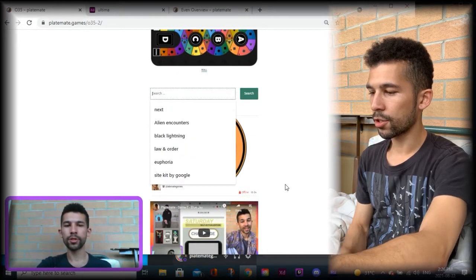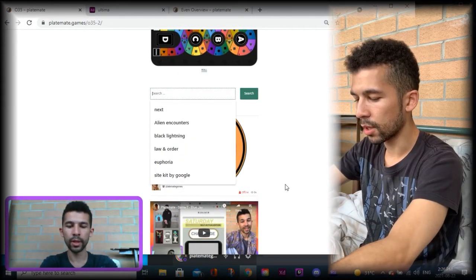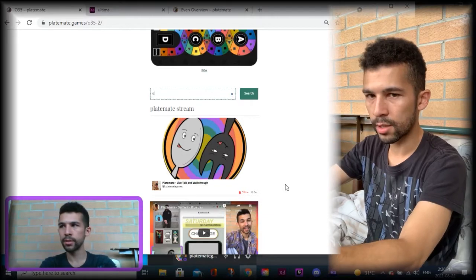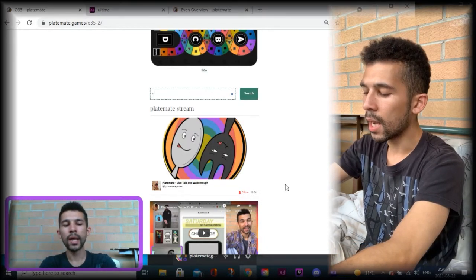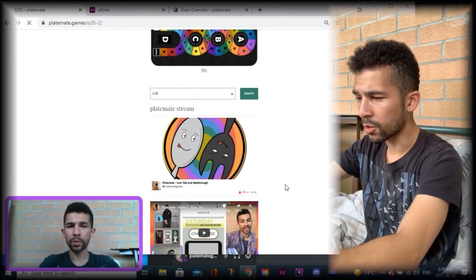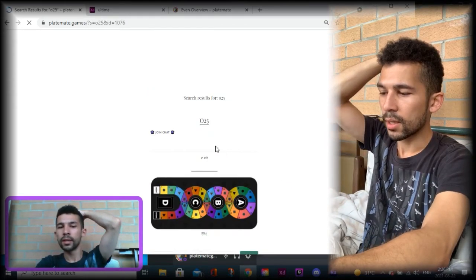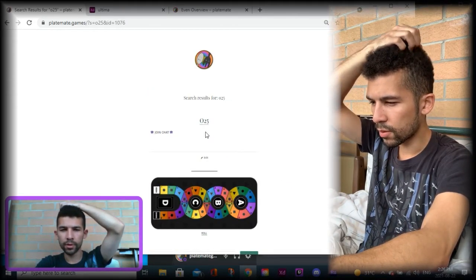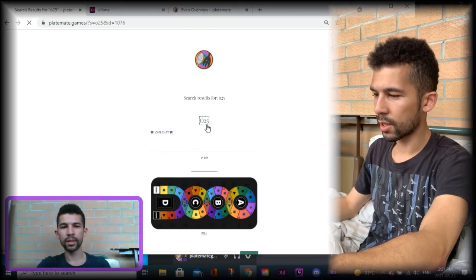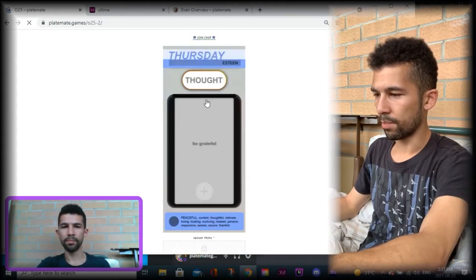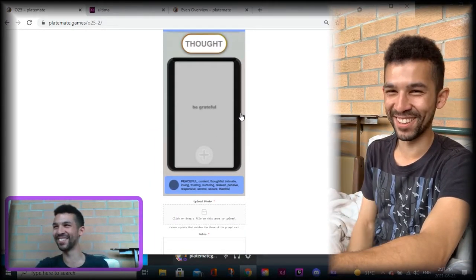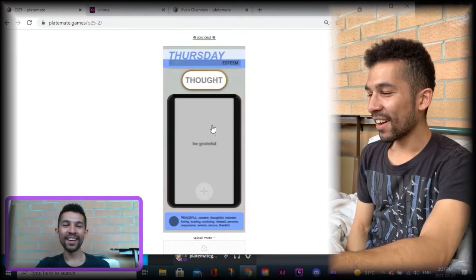You could also search the card. I think if you're playing in odds, you can just click O and then 25 for card 25. And it should show you a link like this. You just click it, and then bam. You have the card right there. Alright, so